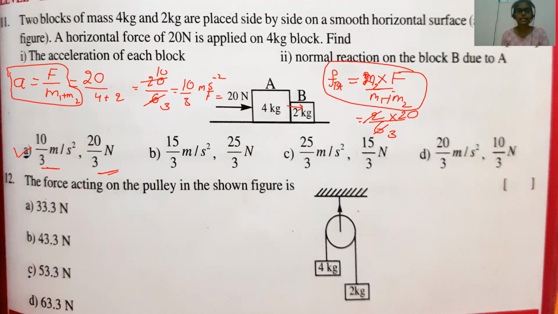Next, again given the pulley motion. What is the force acting on the pulley? We need to calculate it. The force acting on the pulley is because of this tension and also because of this tension; both the tensions are pulling this down. So what will happen, children? The force is nothing but 2 times the tension. Understood? F is equal to 2T.